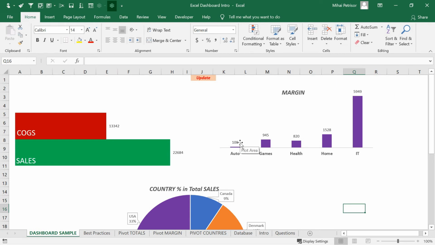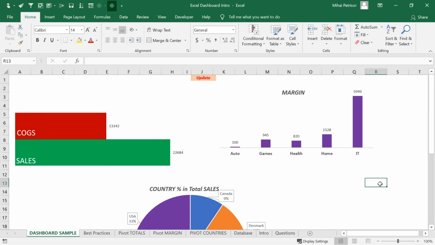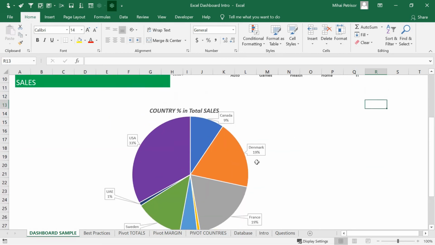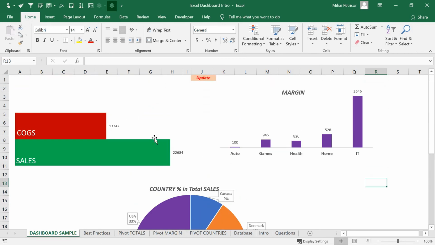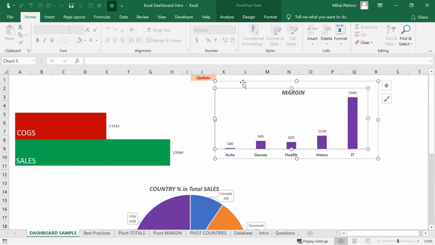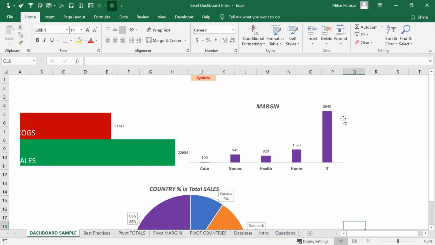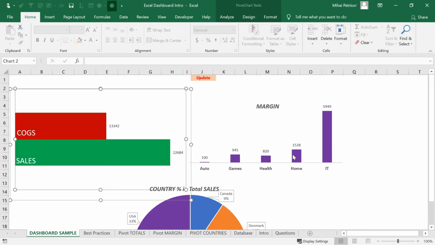more readable for your mind, for the end user, and to focus on the data and not on the dynamic of the colors, because you can risk losing the end user's interest. That normally happens when you choose too many colors, or when you put the charts one near each other and you try to show different KPIs in the same chart, and that can be very hard to read for the end user.